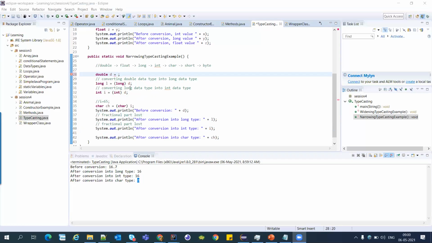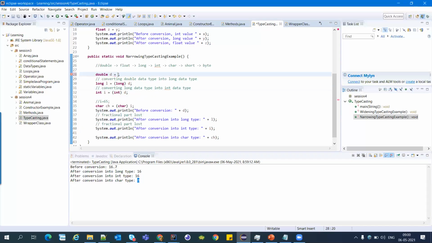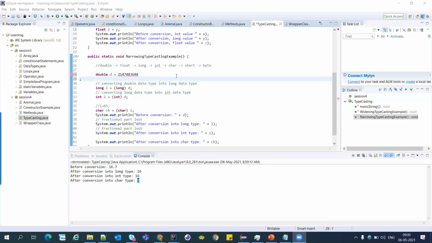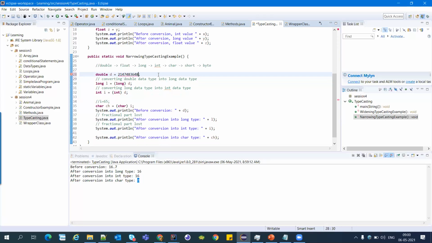Just copy that value from Shubham's chat. Yeah, put d at the last, small d. Yes, and now try to execute.